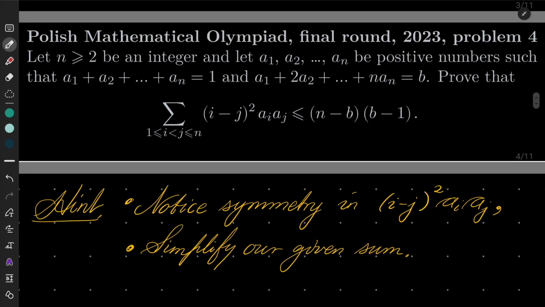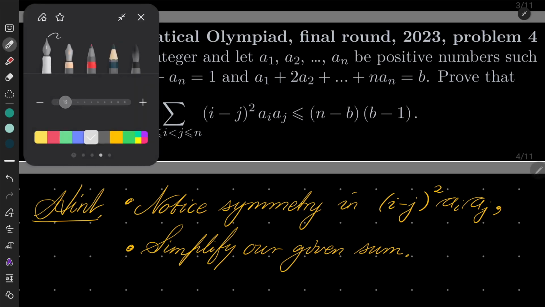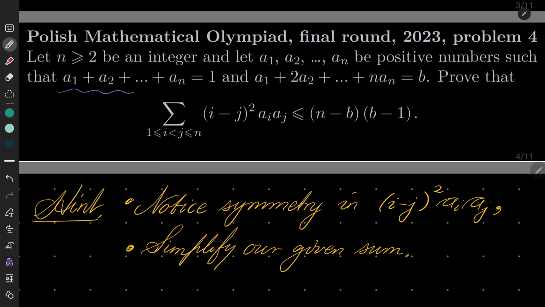Hello friends, in this video I'd like to solve the following problem from the Polish Mathematical Olympiad final round 2023, problem number 4. We wish to prove that if n is an integer greater than or equal to 2, and if numbers a1, a2 and so on are positive, and their sum equals 1, and moreover, if the sum a1 plus twice a2 plus 3 times a3 and so on plus n times an equals b, we wish to prove that